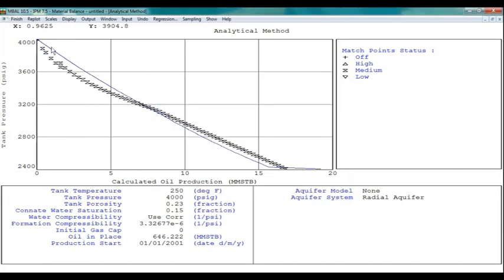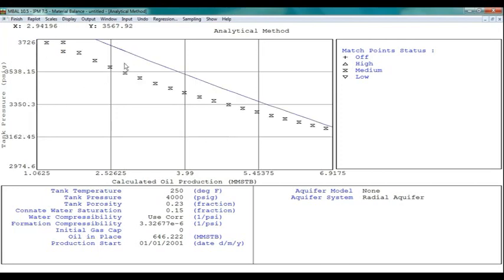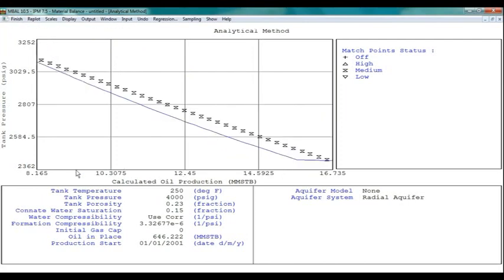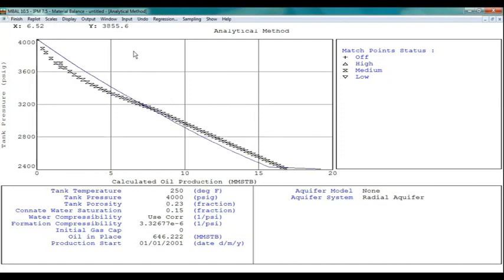This is a match between the model without water and the production data from the field. Actually, we don't consider this as a perfect match. There is a variation here, okay, and there is a variation here also. So I guess that this reservoir has a water influx in it, and it may have an initial gas cap,